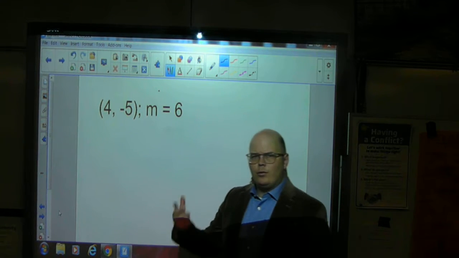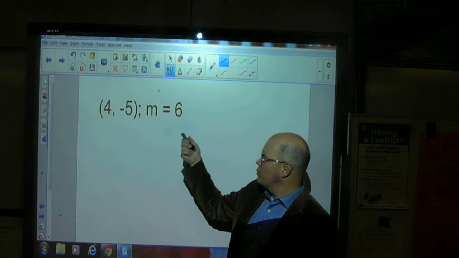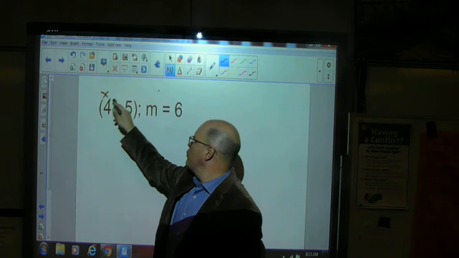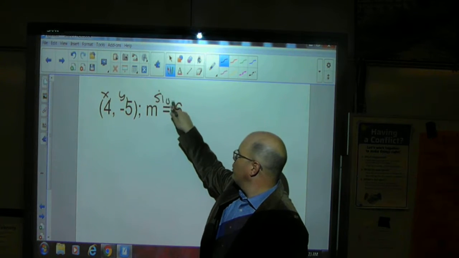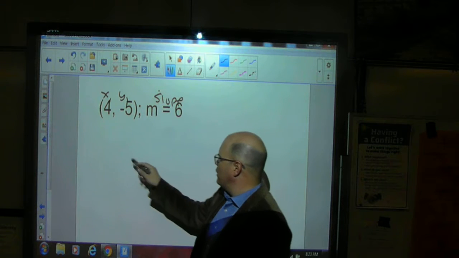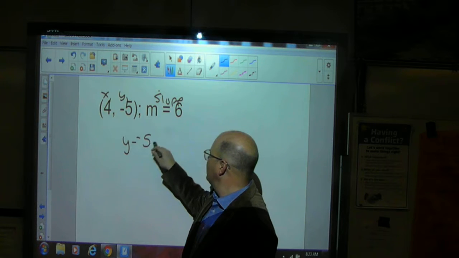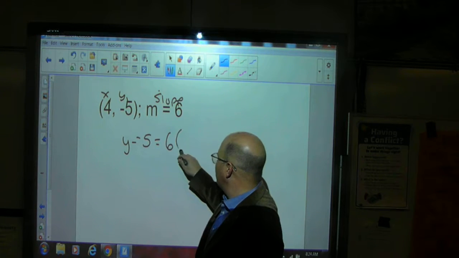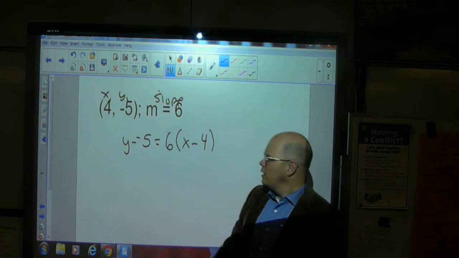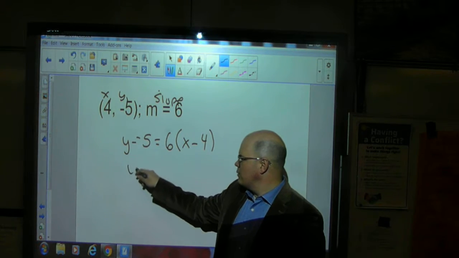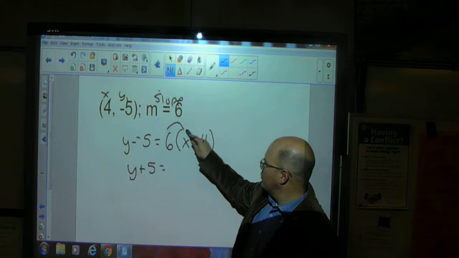Okay, again, we're looking at point slope form some more. So again, we have (4, -5), and then our slope is 6. So this is my x sub 1, that would be my y sub 1. This would be my slope. Now that I've identified that, I'm going to put it into my equation. y minus -5 equals 6 times x minus 4. Okay? Now when I have a minus and a negative, that's the same as saying y plus 5 equals, I'm going to distribute in